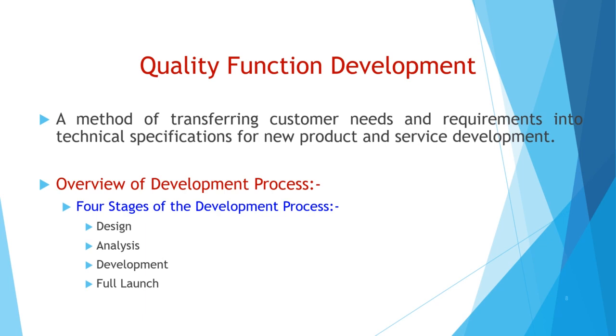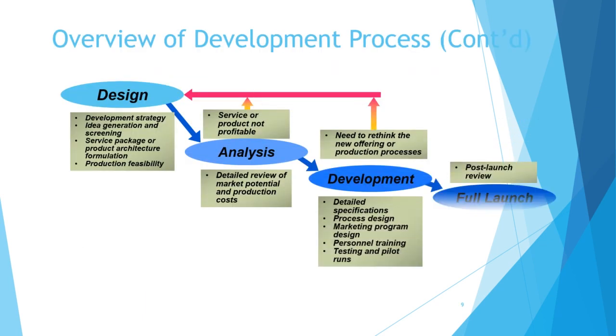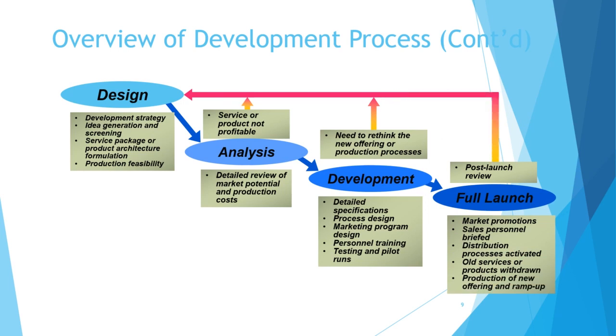subsystems and components. The 4 phases which I mentioned already: product definition, product development, process development, process quality control. So the overview: design phase, analyze phase, development phase, and full launch. So there are 4 levels of quality function deployment. So the level 1, which provides